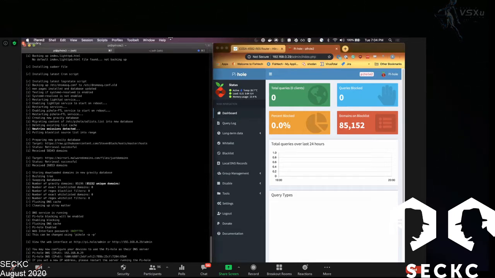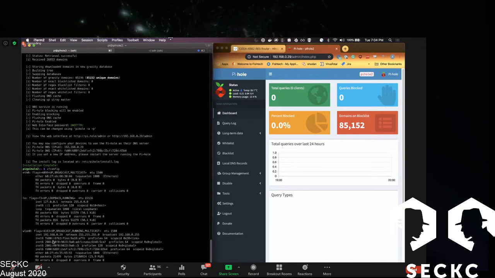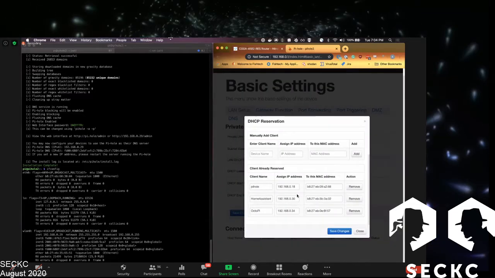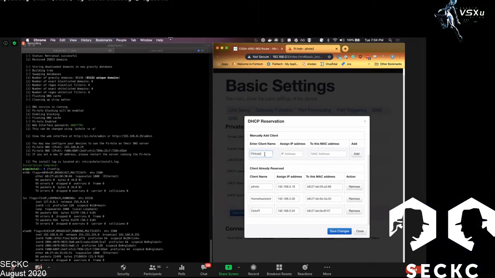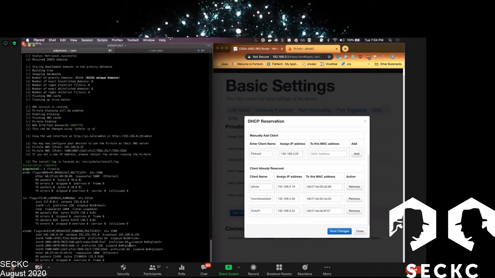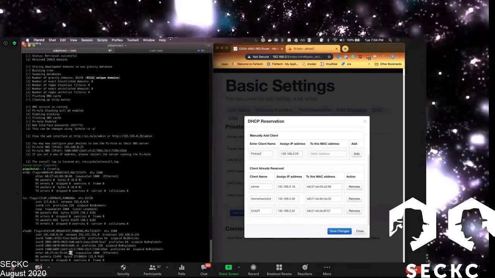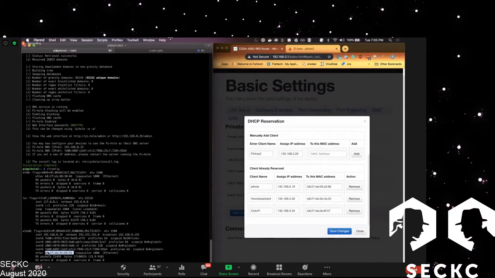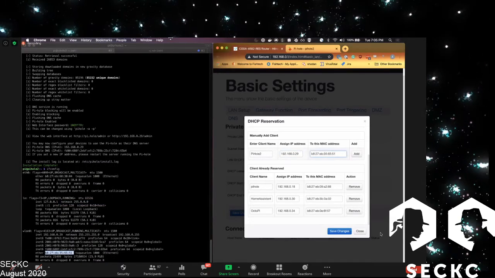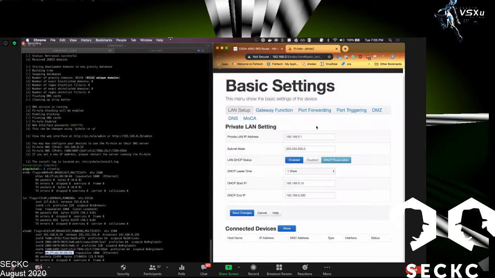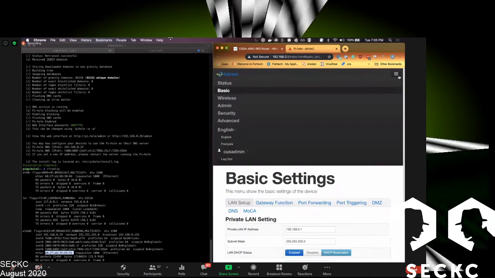Now, we have our MAC address. We're going to need that. We can go over into our router, set up a new DHCP reservation. Let's go ahead and, as you can see, I already have a couple of them set up. And what do you got? I'm not going to save this because if I do, it'll kick everything off of my network. But if you have a Hytron like mine,